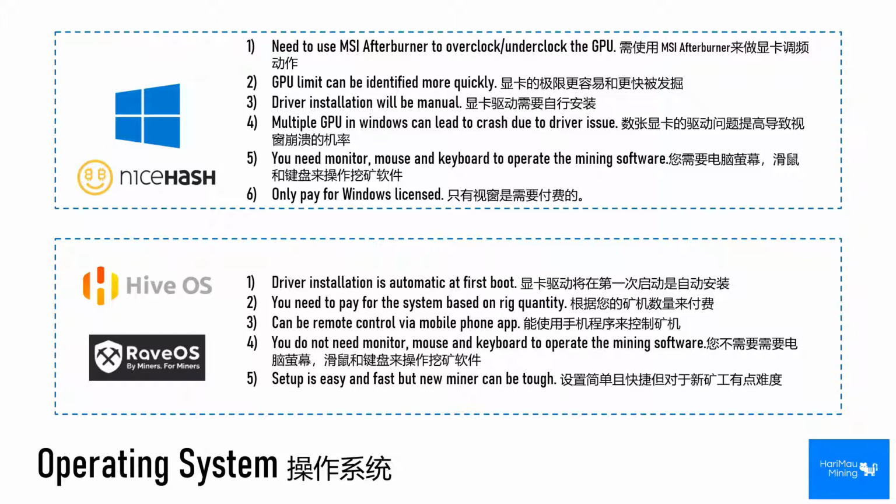Alright, and then the second one, you need to pay for the system based on your rig quantity. Yes, for Linux systems, because operating systems like Hive OS and Rough OS are maintained or developed by a team, they need you to pay for them to survive. But according to their info, if you are using 1 rig, it is free. Some of the OS even give free use up to 3 rigs,